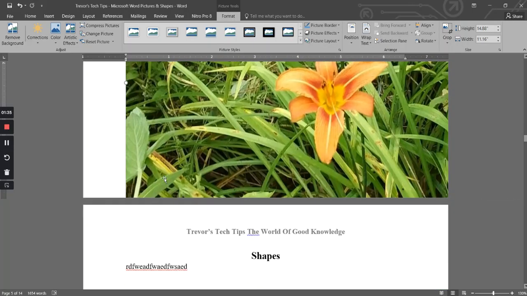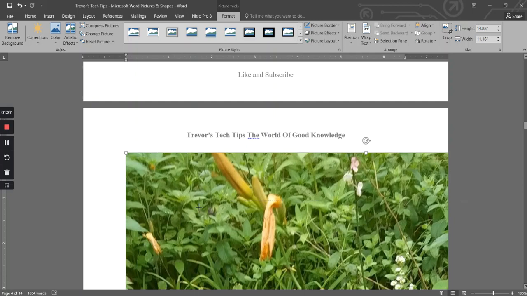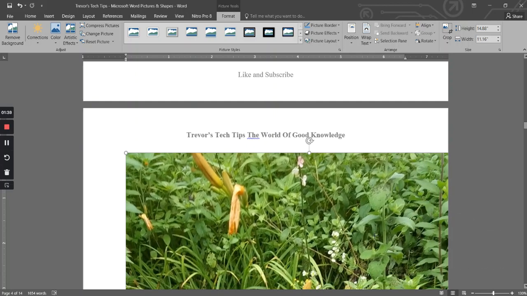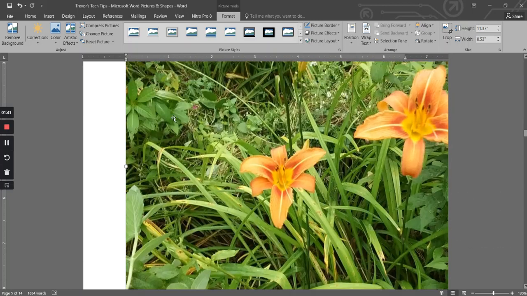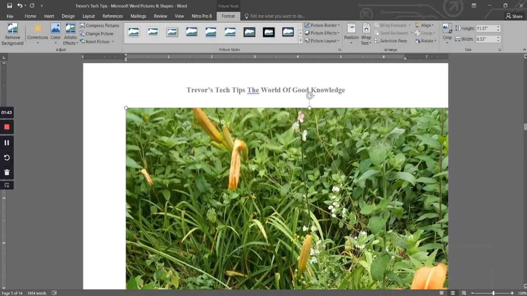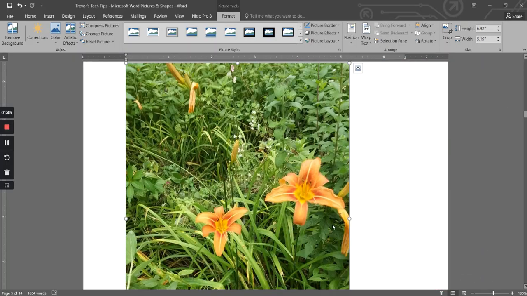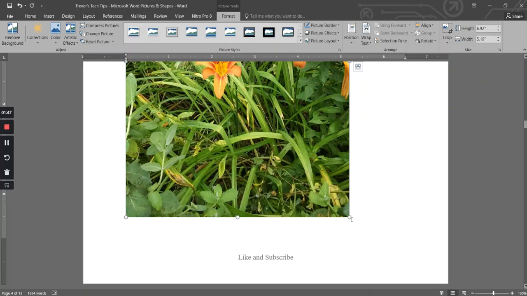So I've shrunken it there. It's too big for the page. I'm gonna go like that. I'm doing it this way because I've got to get it just enough for me to find this side here,